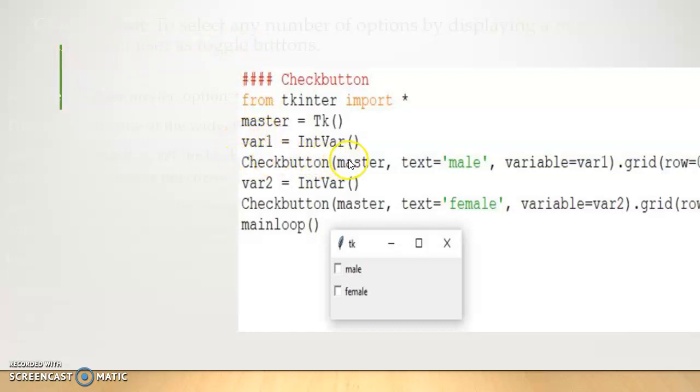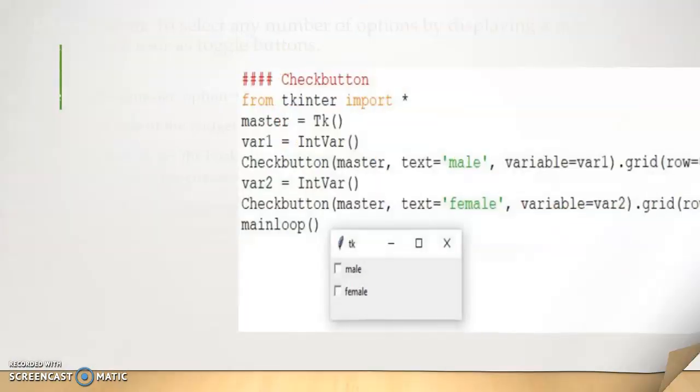Then IntVar, then Checkbutton we have created: Checkbutton(master, text is equal to male, variable is equal to var1).grid. Over here we are using the second kind of geometry method, grid, and we have defined the rows, that is row is equal to 0.